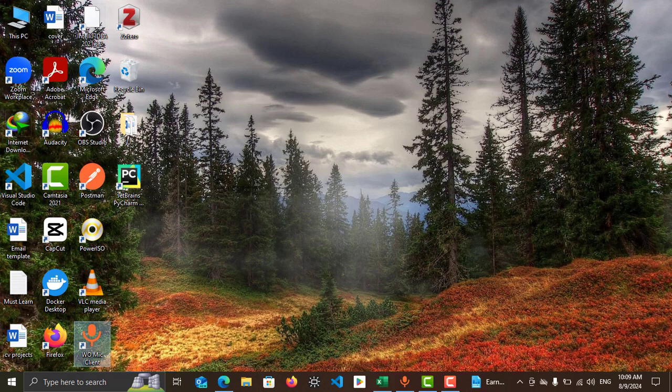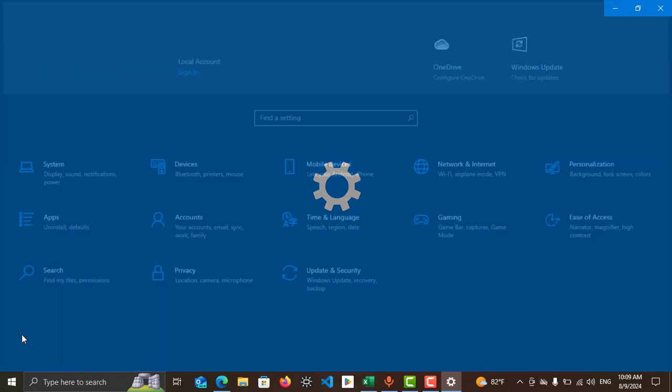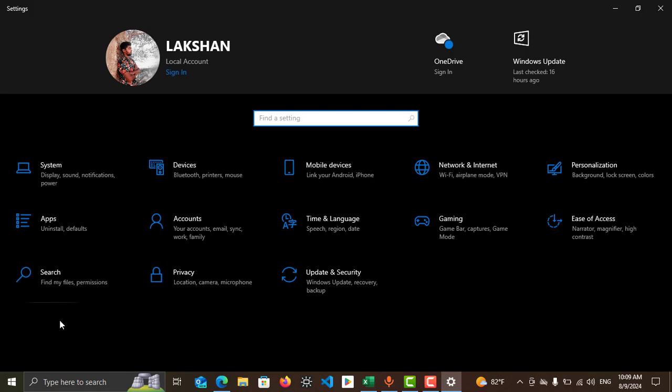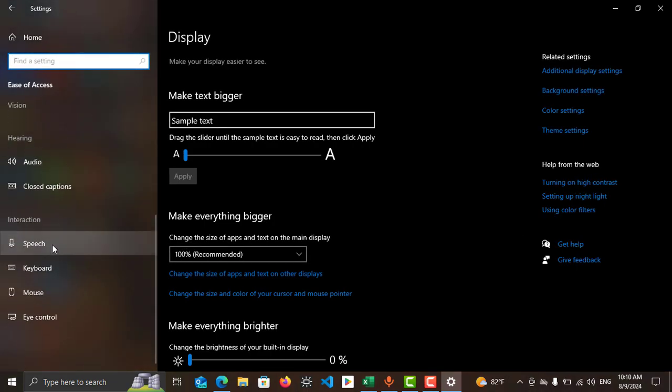Method number 4 is disable the filter keys. To disable your filter keys, you have to tap on Windows icon, then go to settings here, and then you can choose ease of access. Just tap on it, and you need to scroll down in the left menu, and there's an option called keyboard. Just tap on it,